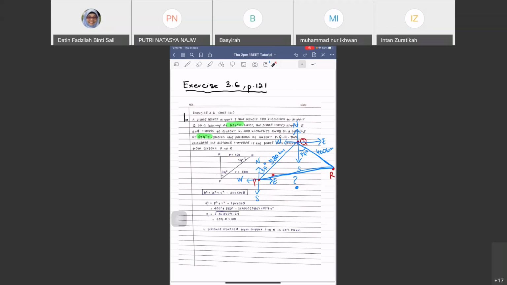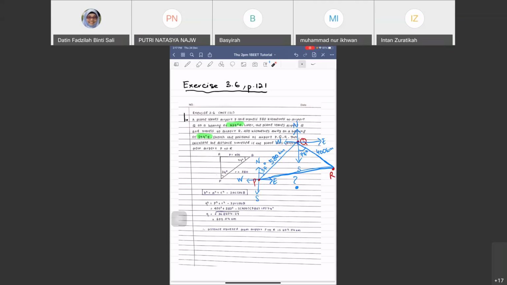We can also find this angle if we want, but actually there is no need, because these two sides are known. If you know the whole angle, then you have